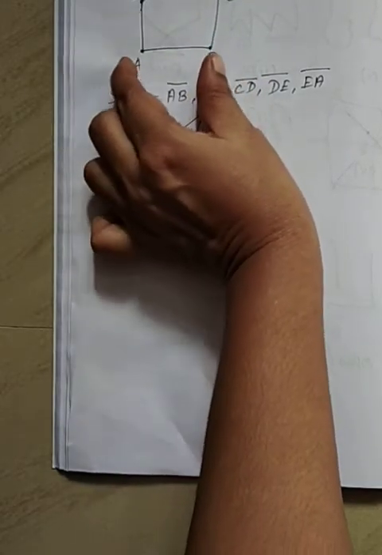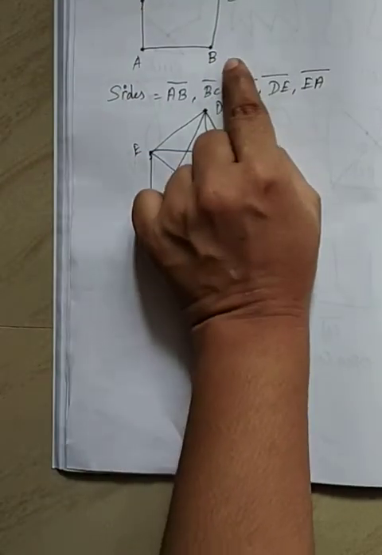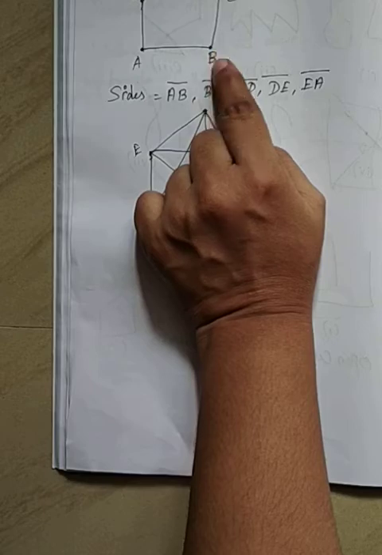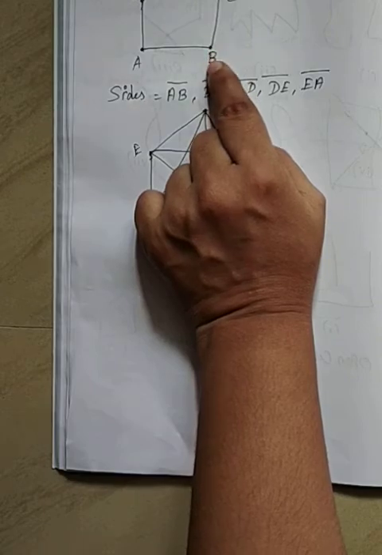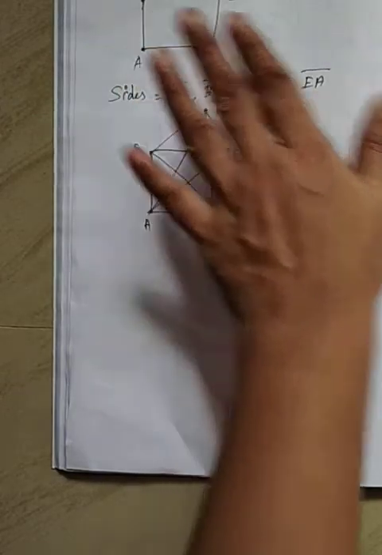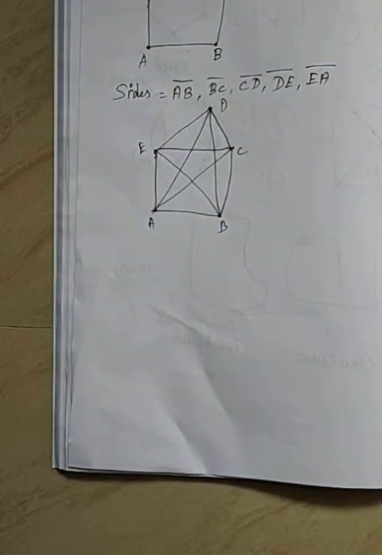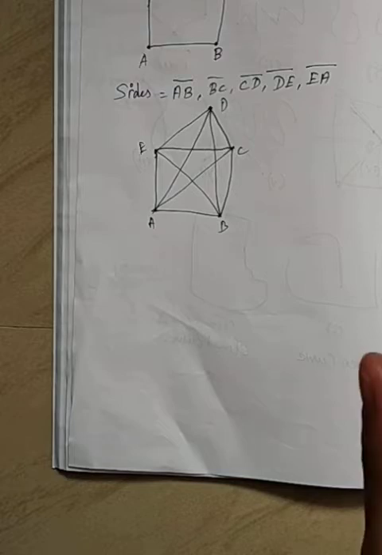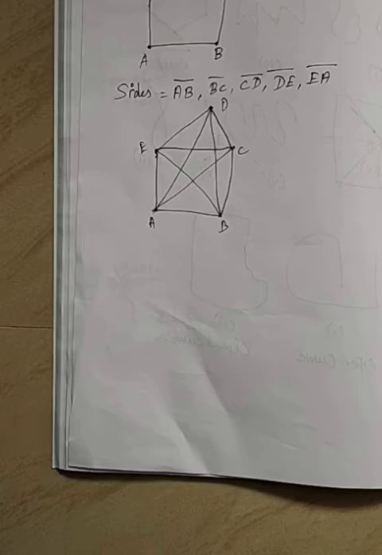So two sides AB, BC. You can take these two sides with a common endpoint. The common endpoint is B. They are called the adjacent sides of the polygon. Clear? Next, vertices. See, everybody knows the vertices, sides and adjacent sides. Okay, now we see diagonal. What is meant by diagonal?